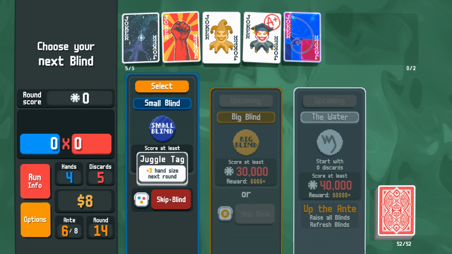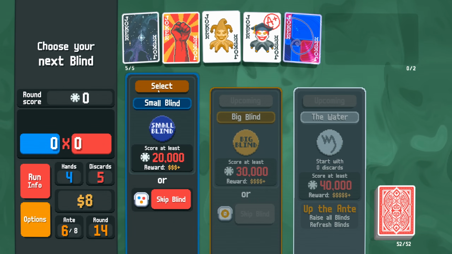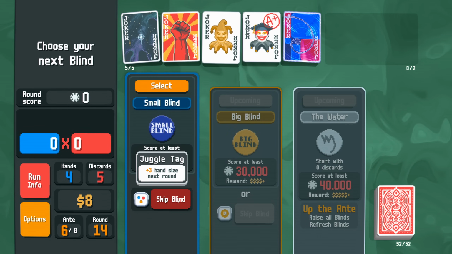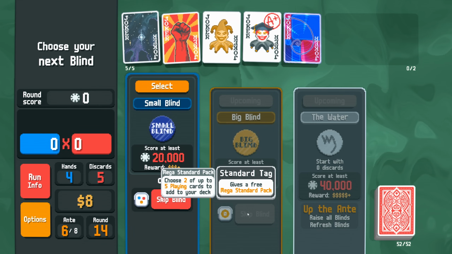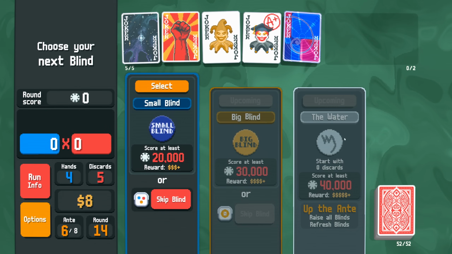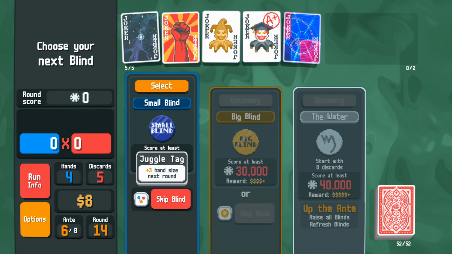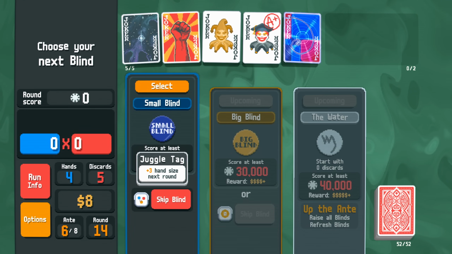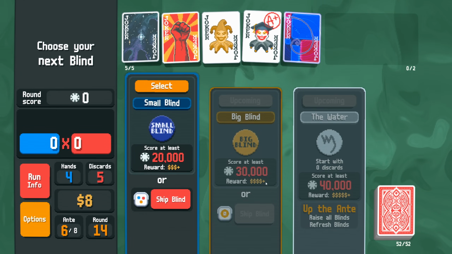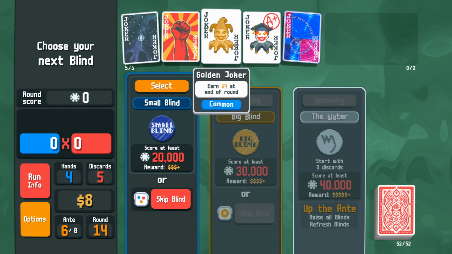+3 hand size next round if we skip. Start with 0 discards. Oh god. Well, we can't re-roll it. So what we could do is skip this and skip this, and then this Juggle tag would go all the way up to the Water here, and we would start with 3 additional cards in our hand size, so it's going to be easier for us to make those crucial full houses. But to do that, we would miss out on the rewards from these 2 blinds and 2 shops and 2 ends of rounds for Golden Joker to proc. So